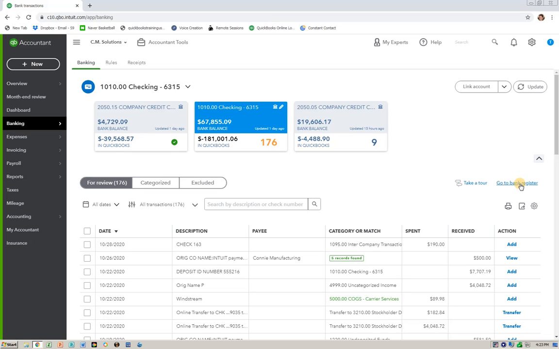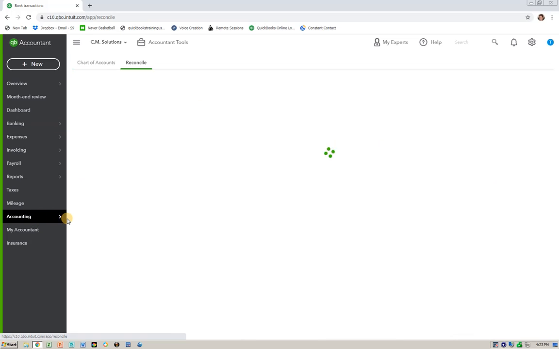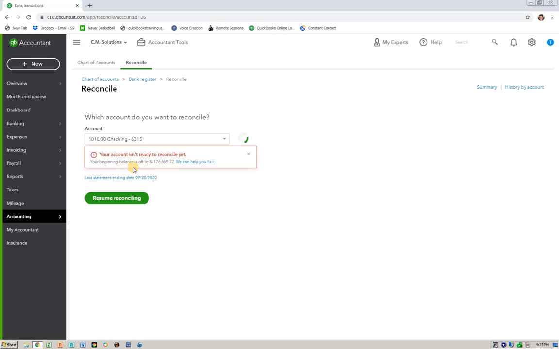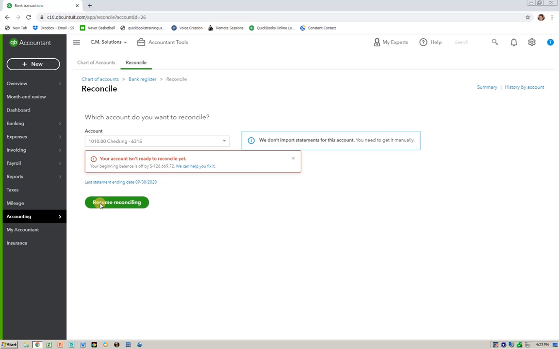You just click over here to the right-hand side, where it says go to bank register. I can get the bank register a couple other different ways. I can get to it through accounting, chart of accounts, and if we were to look at this chart of accounts, this one I actually hit reconciliation accidentally, but if I was to